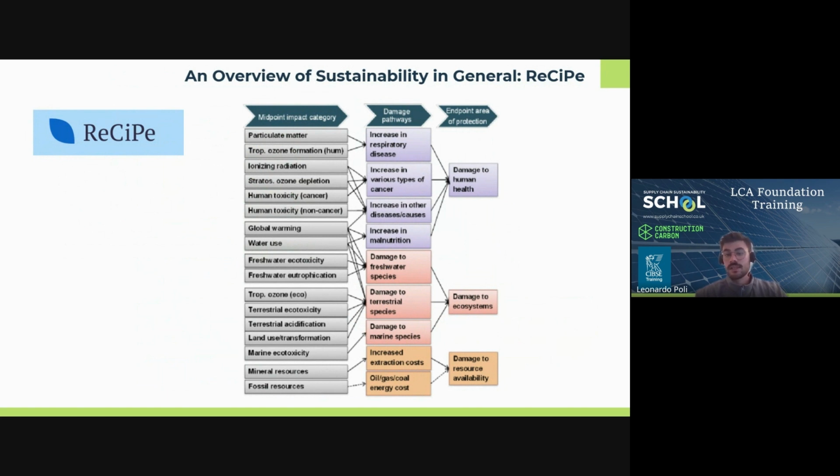It's important to consider the full range of implications that a building has on the environment, as in taking into consideration all 18 indicators that we just mentioned in order to prevent burden shifting. Burden shifting is defined as shifting the environmental burden, or simply moving the damage to somewhere else. For example, we could be designing a building that is fully net zero embodied carbon and in operation, but it may contain highly toxic material that may cause cancer to the people using them.